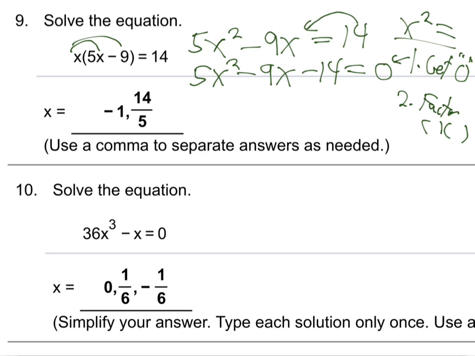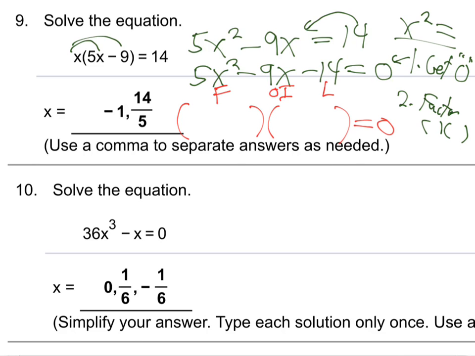I would counsel you that it'd be best to do this method because I'm just going to reinforce it. You'll see it again and again. I know some of those other methods, bow tie, slide and divide, they seem good at first. They handle the easy ones easy, but the hard ones they don't handle. Anyway, do whatever you want. I'd encourage you just to go with this method with the 2 parentheses, equals 0, and I'm going to write